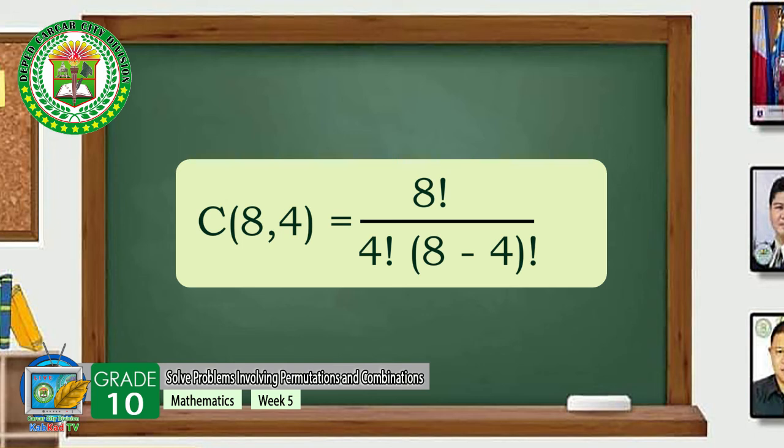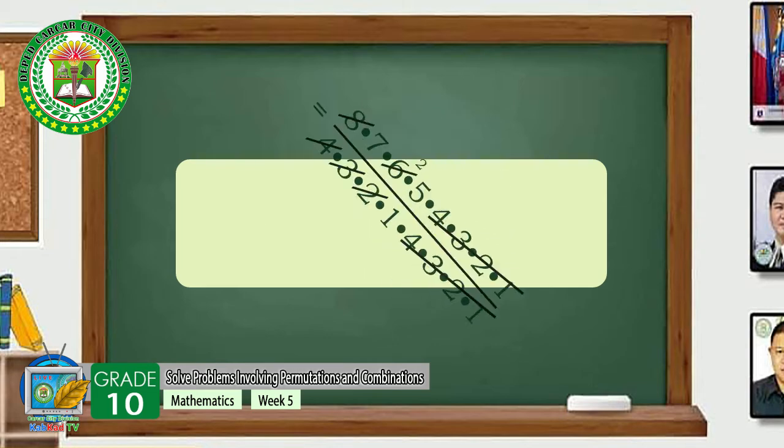So that is C of 8 of 4 is equal to 8 factorial all over 4 factorial times the quantity of 8 minus 4 factorial, and that is 8 factorial all over 4 factorial times 4 factorial,